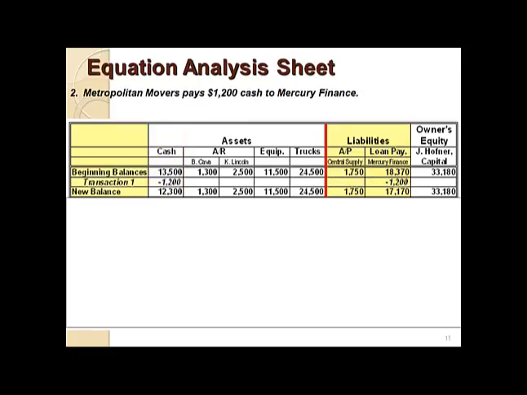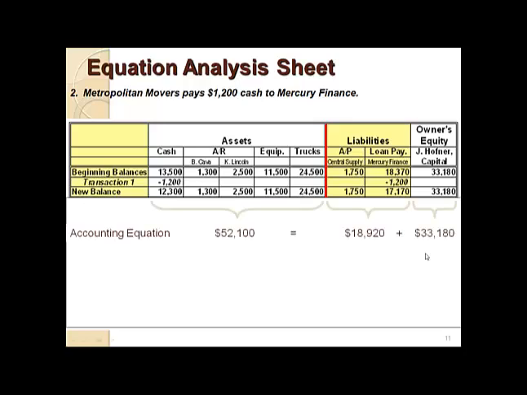But take a look at the second line where it says transaction 1. You must write transaction 1 into this line right after the beginning balance because it is your first transaction. And then you'll note under the cash account, we're reducing $1,200 from the $13,500 beginning balance, which will give us a new total of $12,300. We're doing the exact same thing to our Mercury Finance account. We're decreasing $1,200 from the $18,000 that we owed them, and it's going to make our balance $17,000. Now we owe Mercury Finance